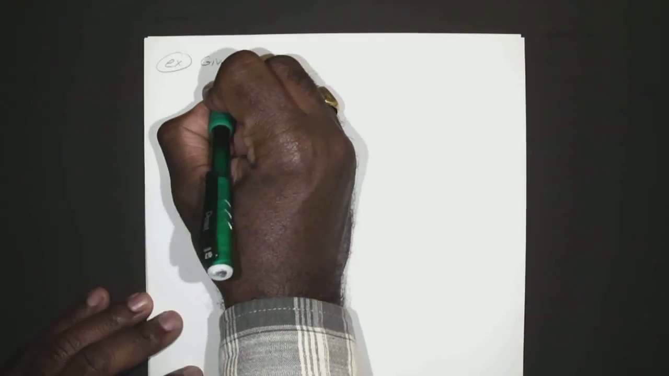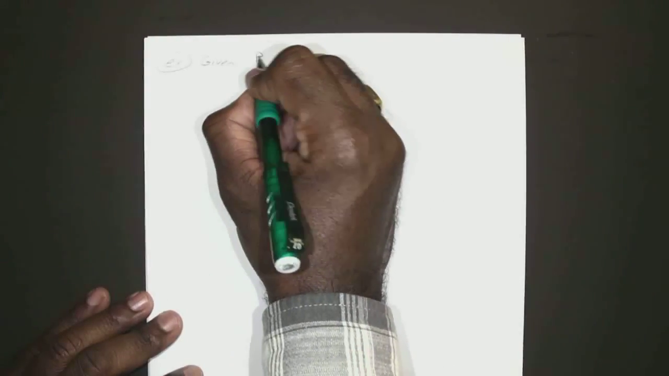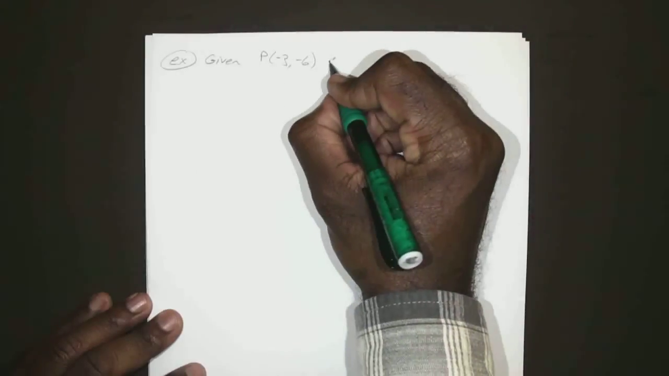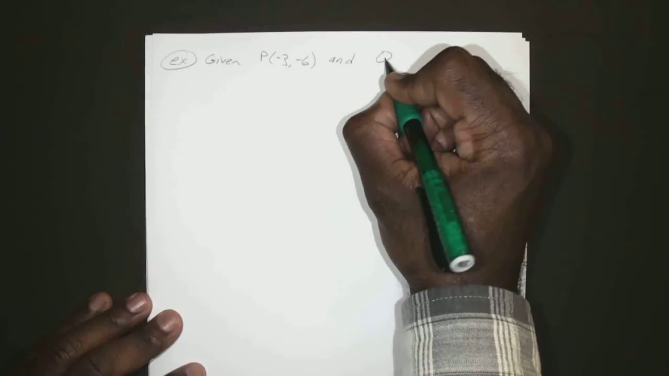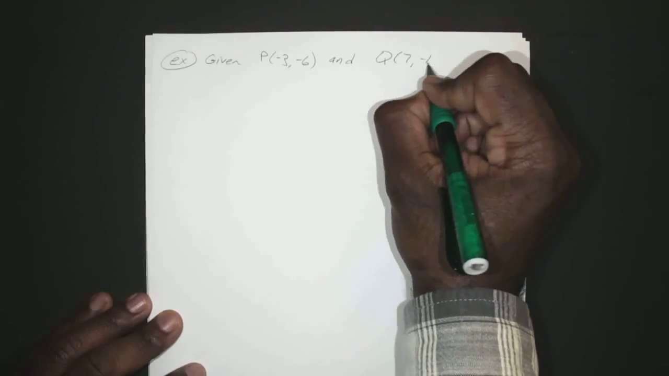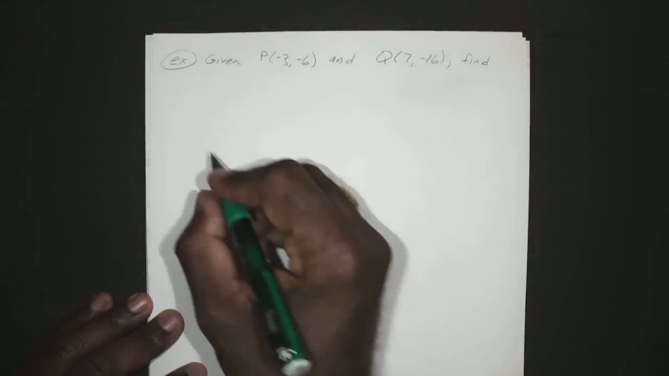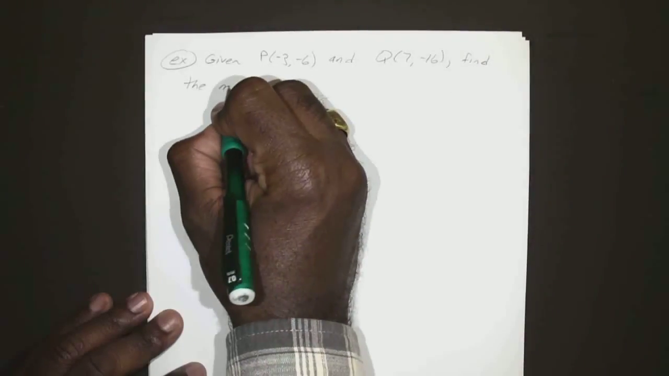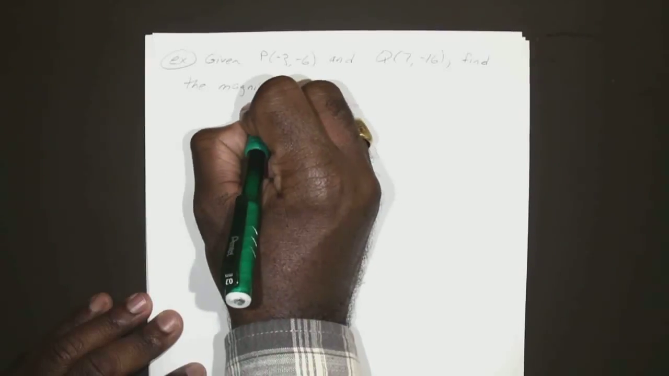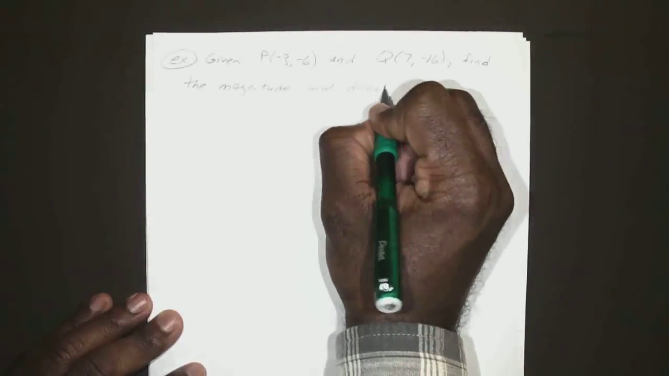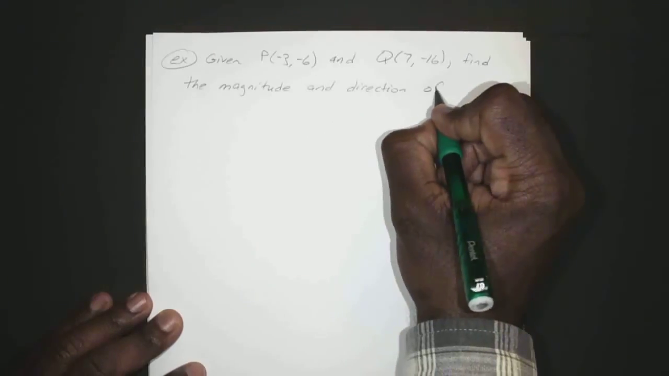Okay, so let's say for our next example, if we're given that point P is at -3, -6, and point Q is at 7, -16, find the magnitude and direction of the